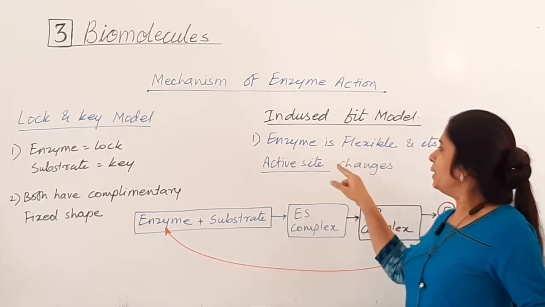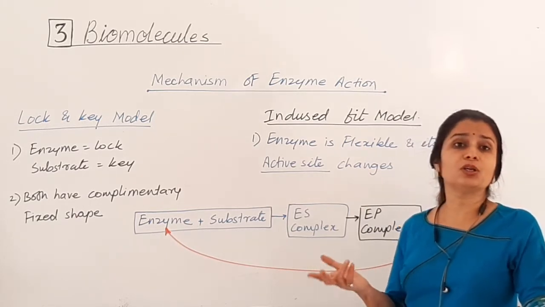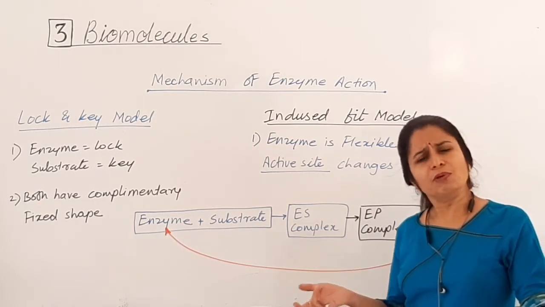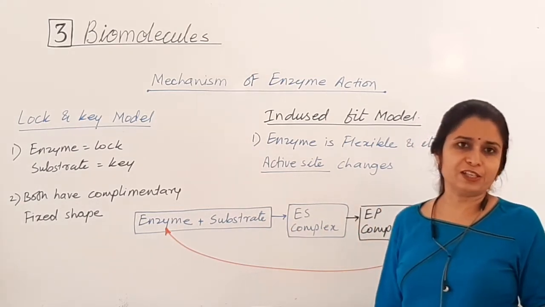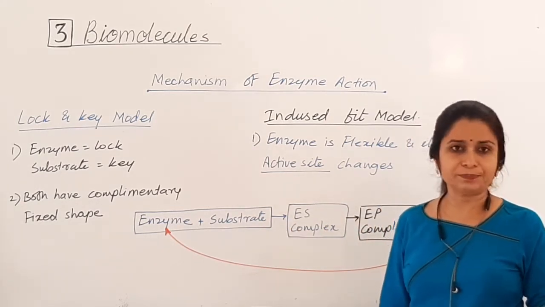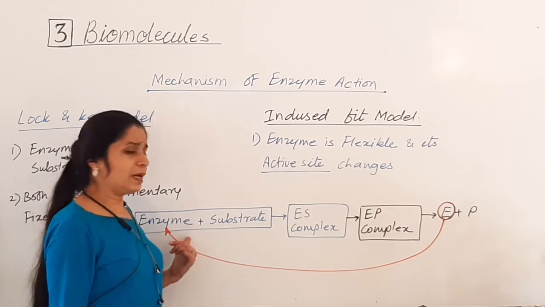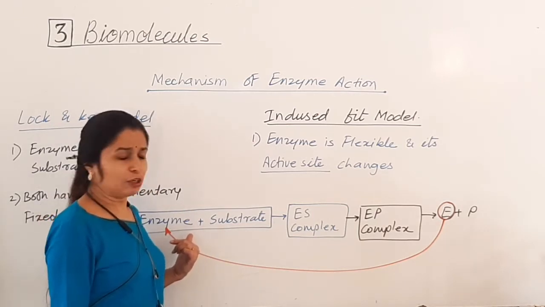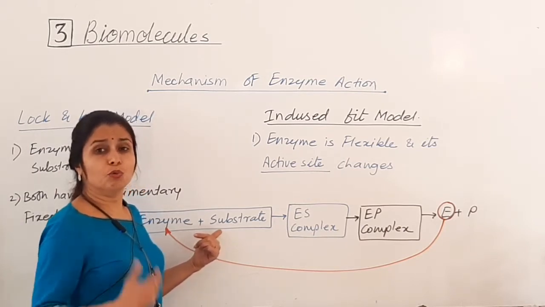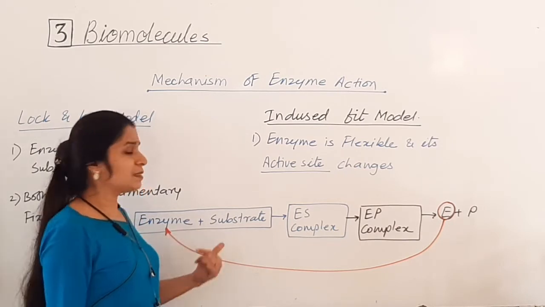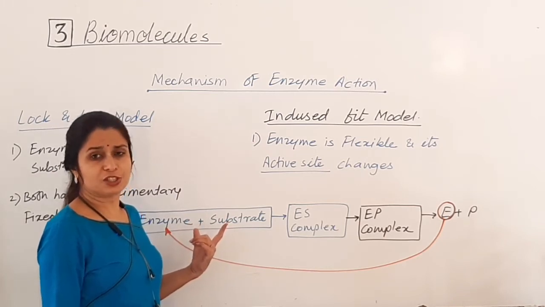So enzyme is flexible and its active site changes depending on the substrate, depending on the cofactor, depending on the coenzymes, depending on a variety of things, and then it will follow this method of reaction. Okay, तो देखो अब reaction कैसा होता है? What is the method of reaction in the cell cytoplasm? Anywhere. See, enzyme is there in the cytoplasm or outside the cell. There is substrate. The more the substrate, the more will be the chances of the enzyme meeting the substrate. Okay, so enzyme and substrate recognize each other. Conformational changes will be there.